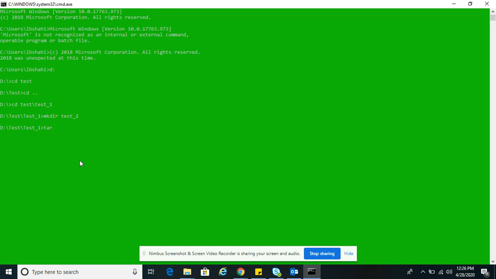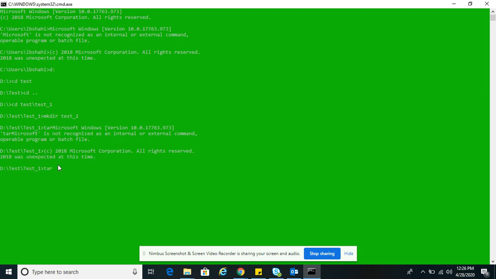If we use this tar command, then all the debugging information can simply be created as an archive, and that archive is going to be saved into test underscore one. So it will simply do the tar, and all the archive information will be saved into test underscore one.